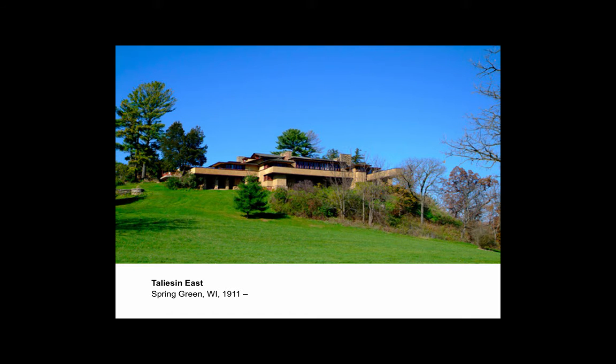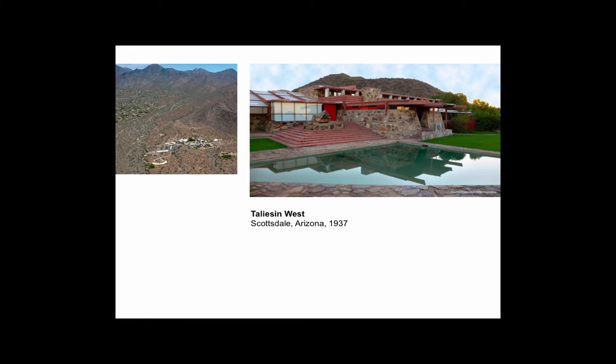Beautiful rolling landscape, but six feet of snow in the winter. So Wright is off in Arizona on a project, and he says, hey, this is a lot better in the winter than Wisconsin. So he buys land and builds Taliesin West. And famously, suburban Scottsdale is encroaching. It was the middle of nowhere. But now the suburbs are encroaching on this compound.